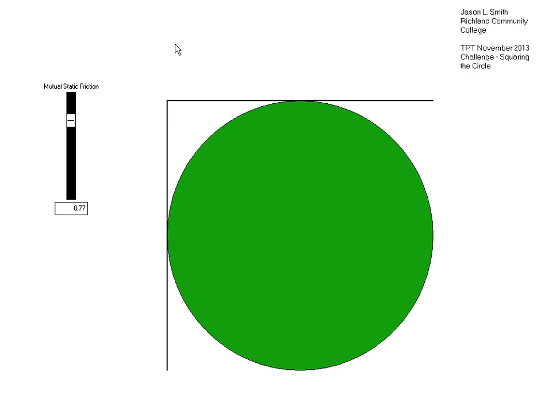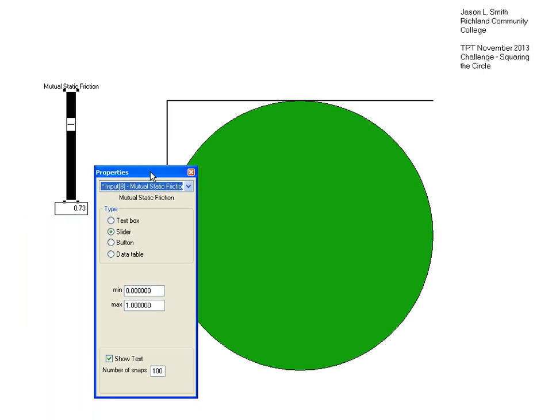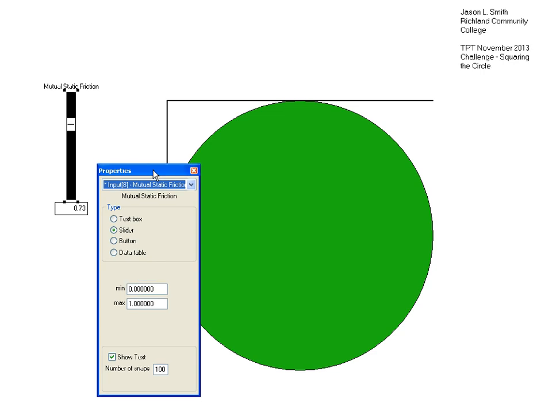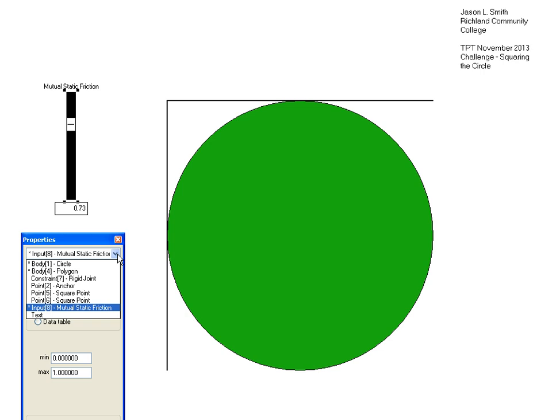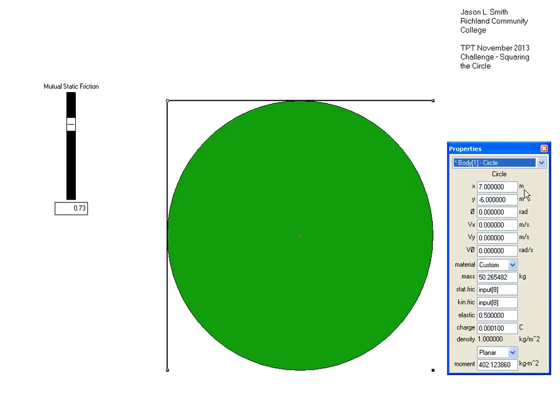But the interesting thing I was mentioning in the email was that if we take a look at the, excuse me here, if we open the properties of the input here, okay, sorry, that's not quite what I had in mind. Properties of the circle. Okay, what I needed to do to make this work was to make the static friction